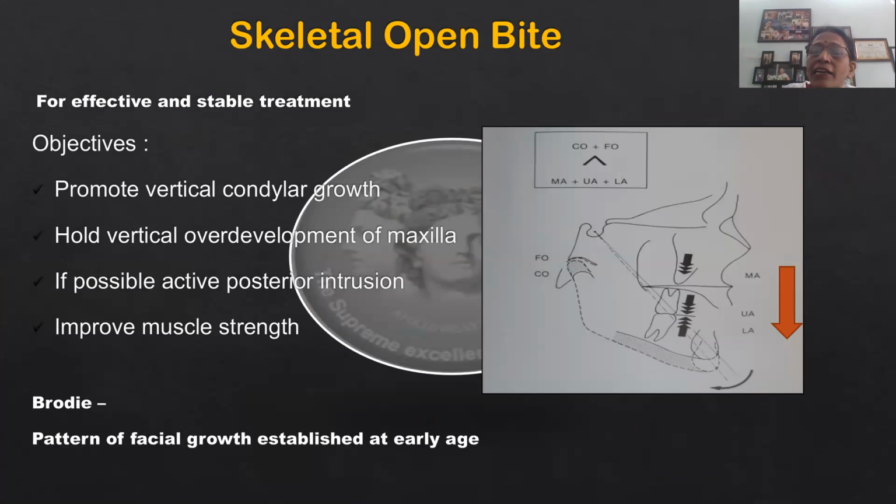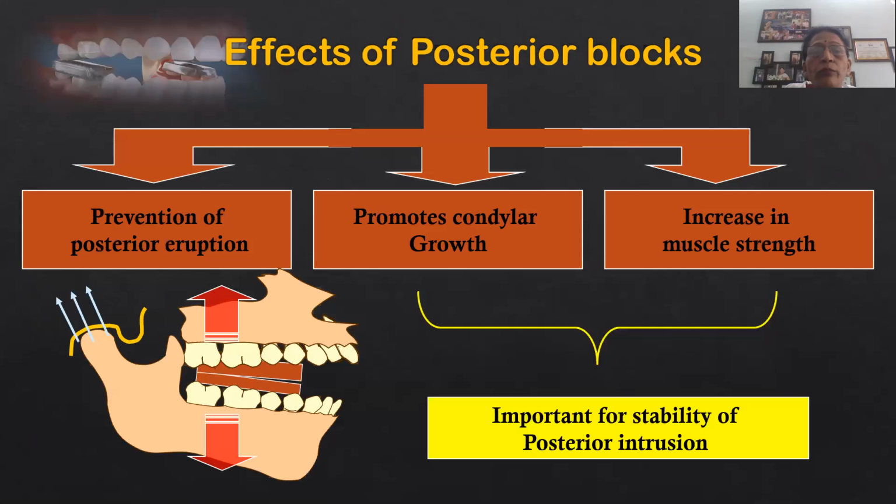If possible, an active posterior intrusion should be carried out and muscle strength improved, which will maintain the corrections post-treatment. So posterior bite blocks work best in cases of a growing child with a skeletal open bite because they promote the condylar growth, increase the muscle strength, and prevent the eruption of the posterior teeth, and in turn that leads to